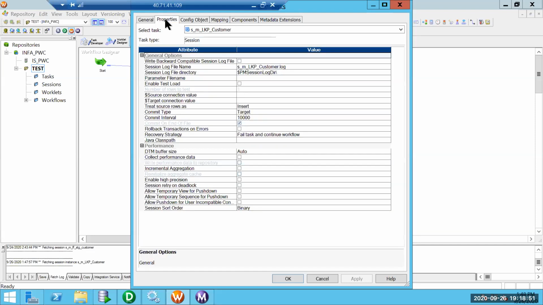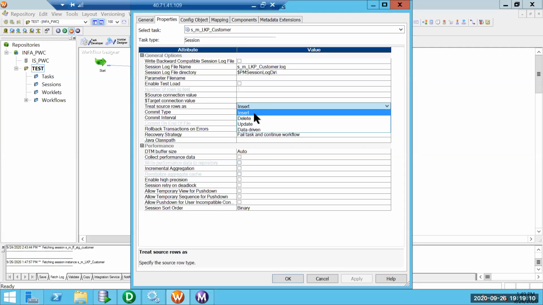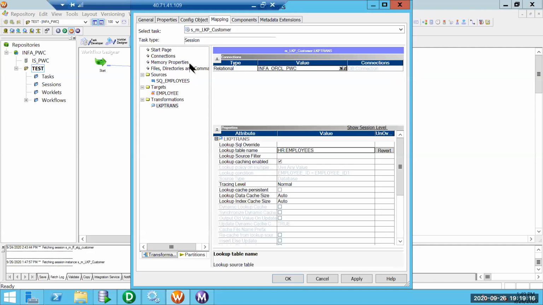Another important thing: by default, this will be insert. In our previous session, we saw how to make use of this property, how it helps in changing the target rows, whether insert, update, or delete. Right now we are interested in only updating the department ID, so I am switching it to update. This is one important property.